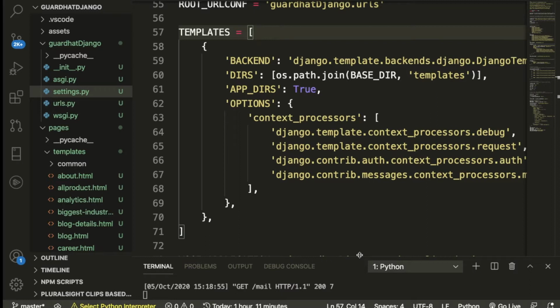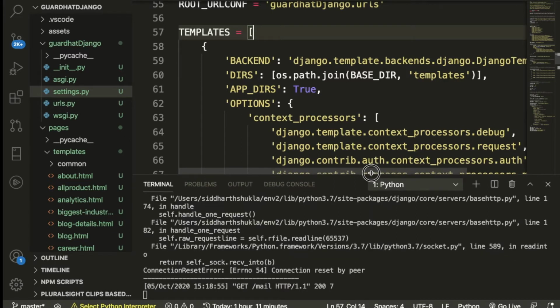In this video, we're going to discuss how to send email in Django. Also, we will check out how to send an HTML template as an attachment in Django. So here we have already installed Django. If you don't know how to install Django, you can check out my previous video that I have already uploaded.